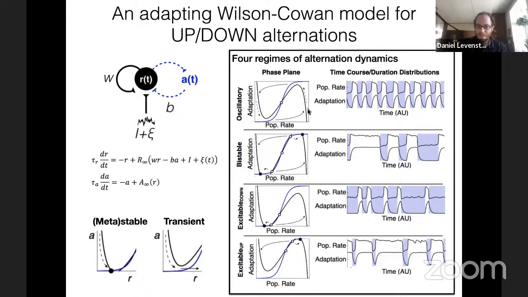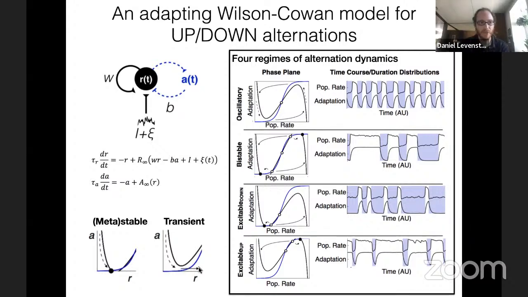And the reason that we have these 4 different regimes is basically because the up and the down state, corresponding to the left and right branch of the R-null-Klein, can either be metastable, right? So they can have a stable fixed point, which can give you noise induced excursions to the other branch, or they can be transient, meaning that there's no stable fixed point and you only need the effect of adaptation either turning on or turning off before you transition back to the other state.